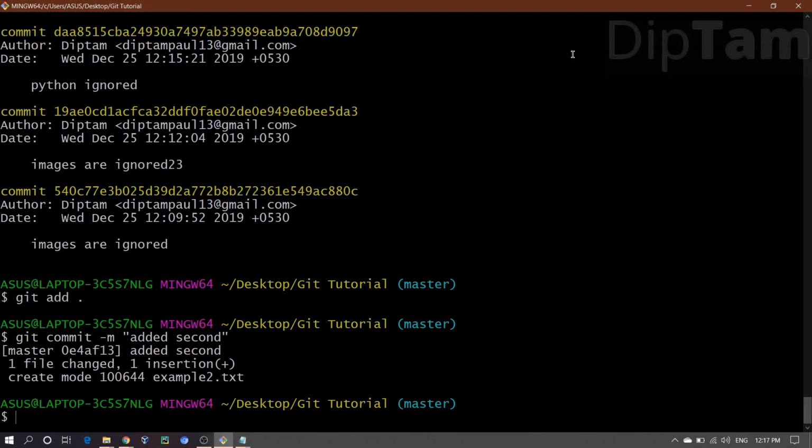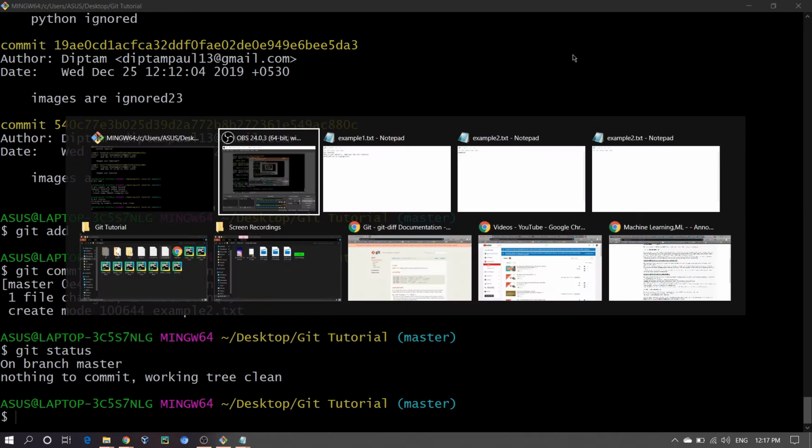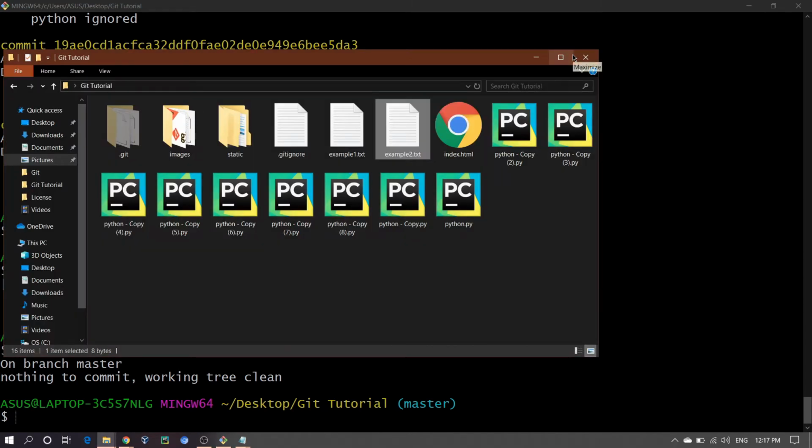So guys, in this video, we will see about moving, renaming and deleting a file manually as well as from the git bash. Okay. So now if I write git status, you will see there is nothing to commit, working tree is clean. And let's go to the folder, and here, if you want to rename something manually, you just